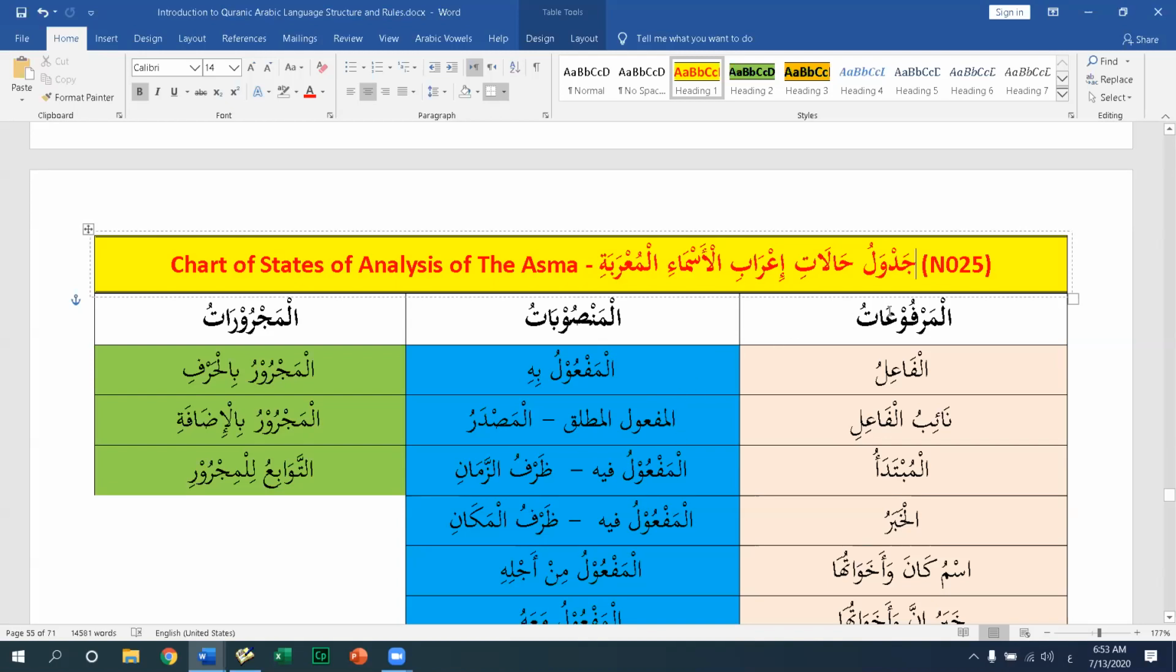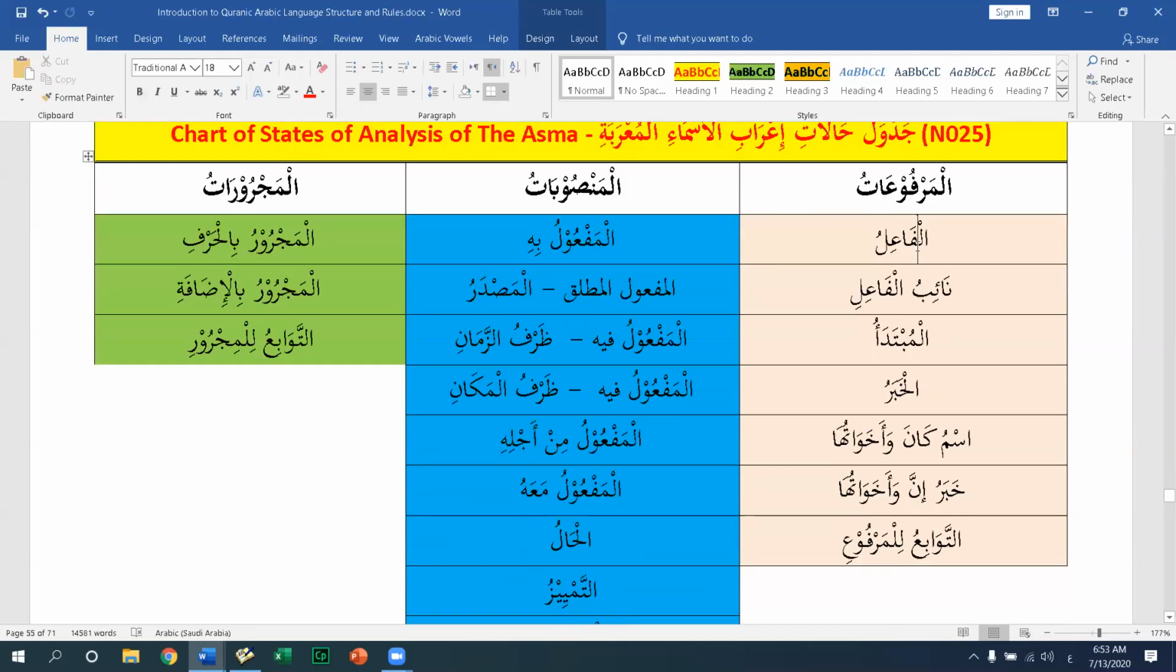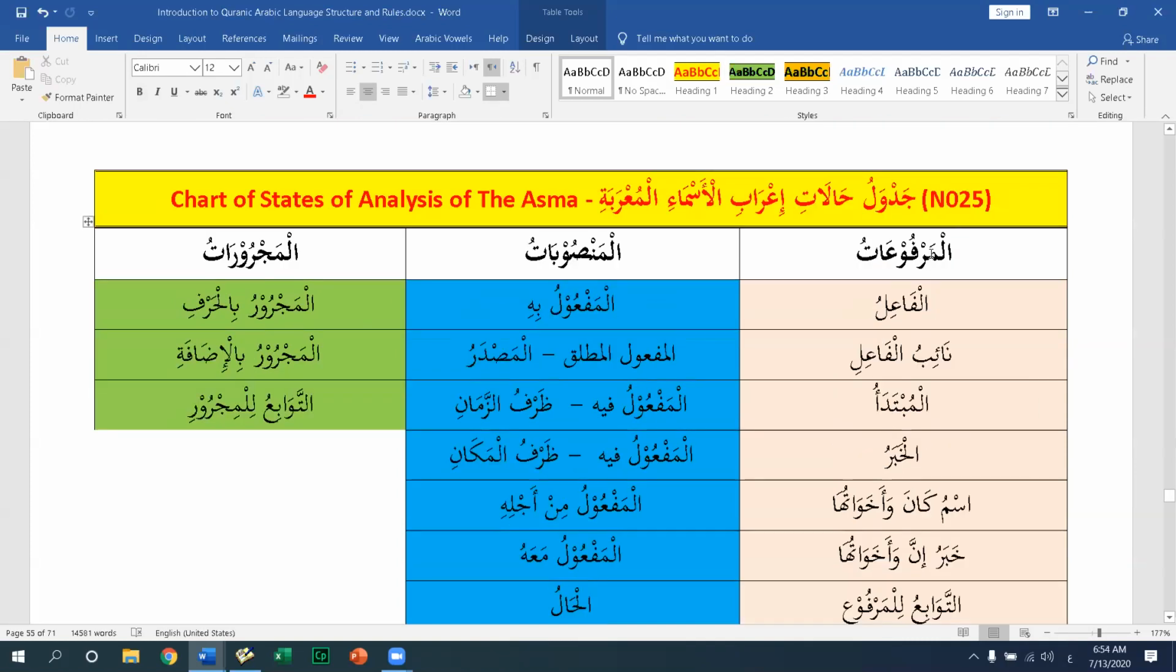Whenever we come across an ism that is mabni, we wouldn't say that it is marfu', we would say it's in halatul rafa'. We wouldn't say that it's mansub, we would say it's in halatul nasb. And we wouldn't say it's majrur, we would say it's in halatul jar, even if it's at any of these positions. So if you look at this chart we have here on the right, al-marfu'at, al-asma' al-marfu'at,